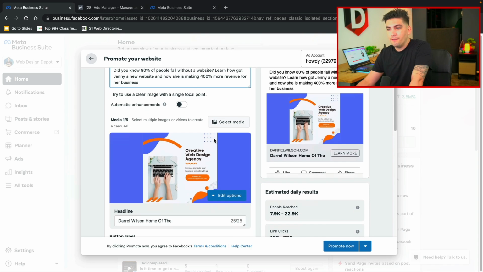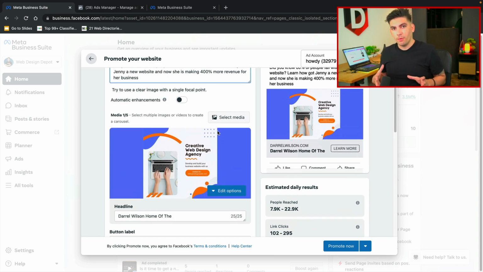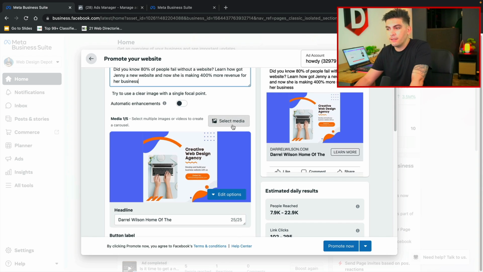Now, below that, we have the media, right? Now, personally, I would always recommend going with video. Like we talked about earlier, video is much more engaging. A lot of people feel that video gets more attention, right? When you see a video, you're just inclined to watch the video. But if it's just some boring image, it can sort of deter people. And studies do show that videos have a much higher conversion rate than images. So what I'll do right here is I'll go ahead and select a media.